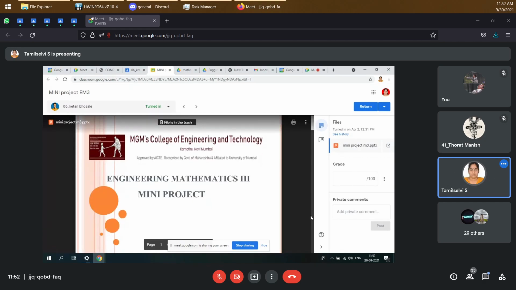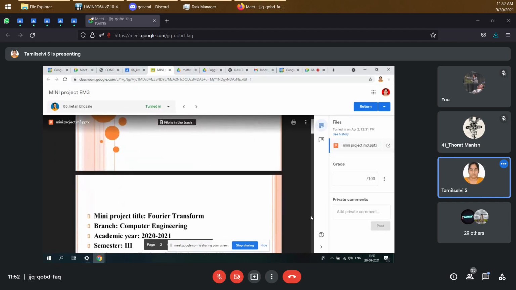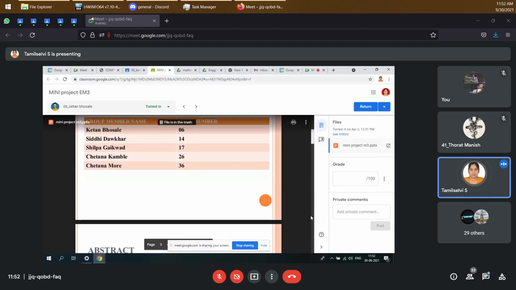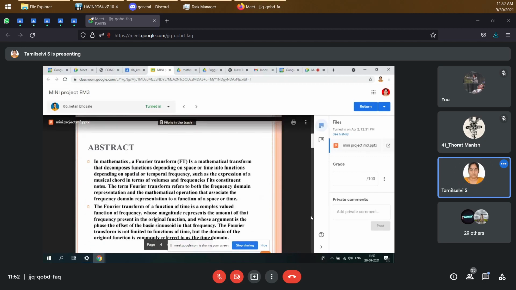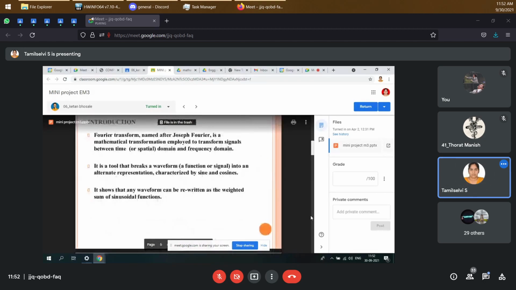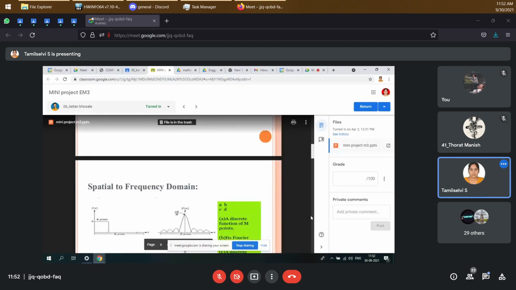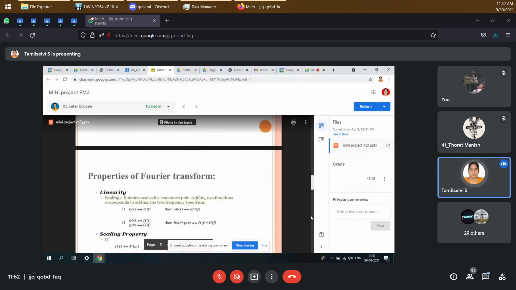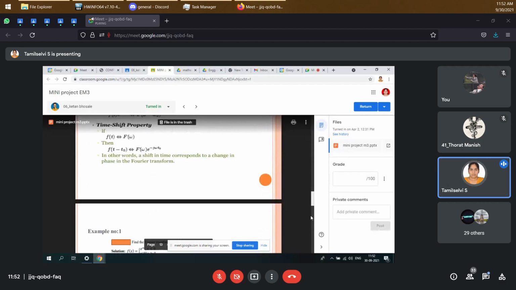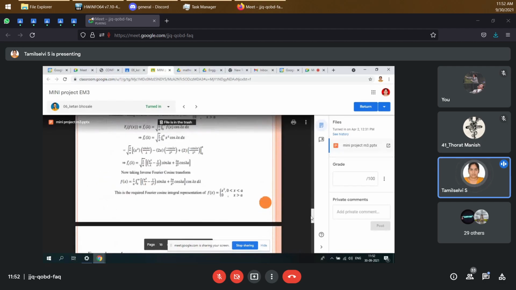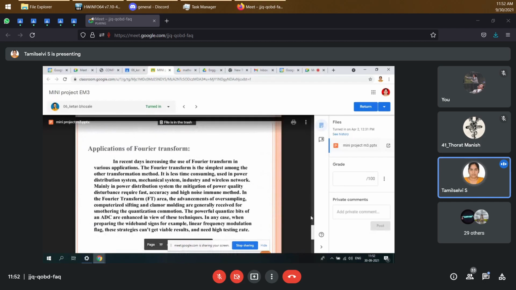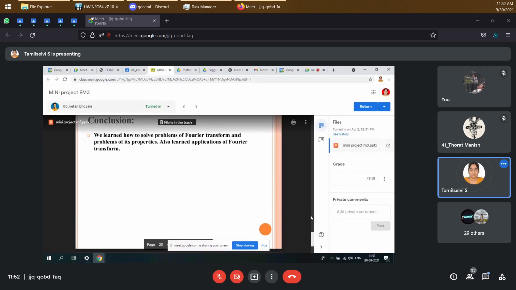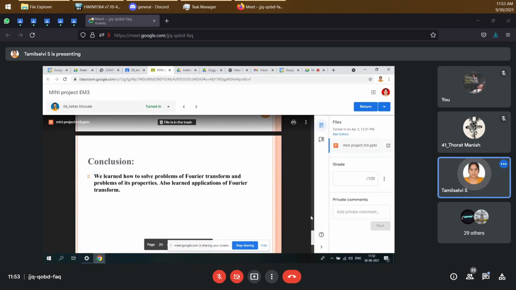So engineering maths mini project, you have to mention your code. Then the name and all, roll number, name. Then like this, abstract. Then introduction. Then after some 4-5 slides, your problems, some 6 slides you can have, according to your topic. Then last, you will be having the application. After application, conclusion should be there. Okay, so what's your project? After that, reference slide. The last slide will be your reference slide.